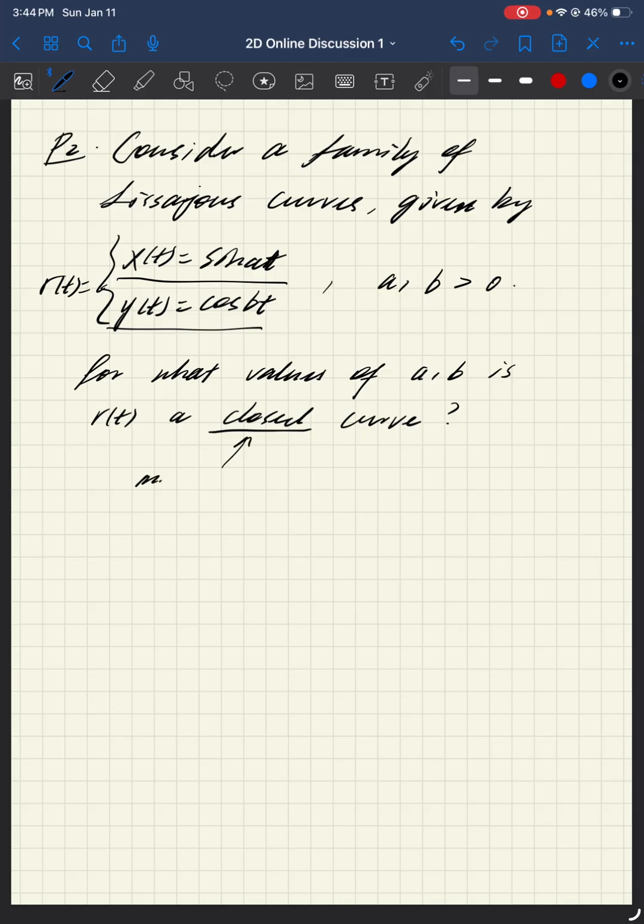This means that the curve repeats itself. So it forms a closed loop or a closed figure. For example,